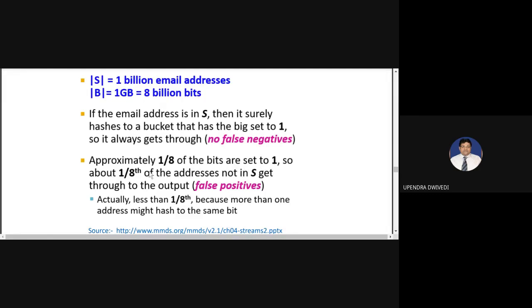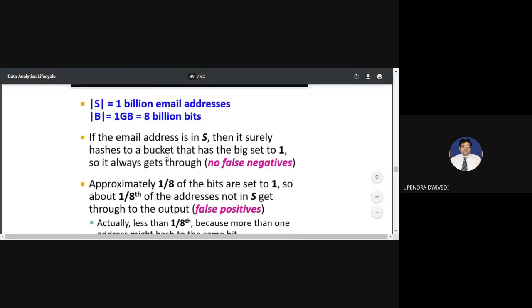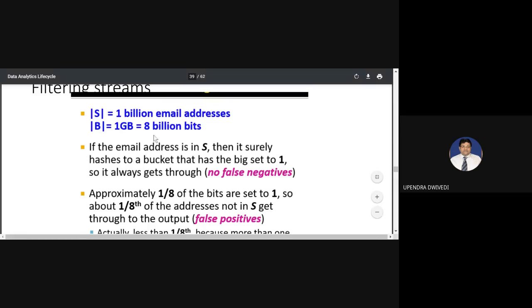About one eighth of the addresses not in S get through the output as false positives. So it is saying that you have taken 1 billion email addresses and you are taking 8 billion bits.